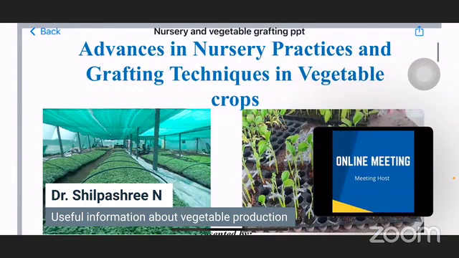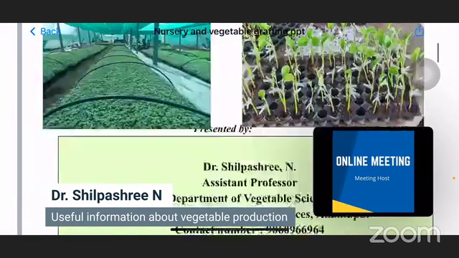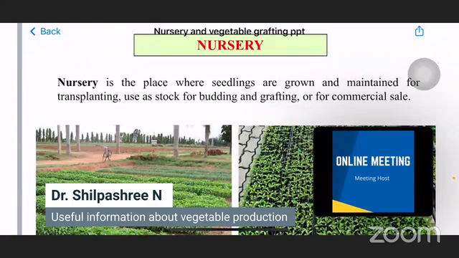Here are the advanced technologies in nursery practices and also in grafting techniques in vegetable crops. First, let's see what is nursery. Nursery is the place where seedlings are grown and maintained for their transplanting. This can be used for